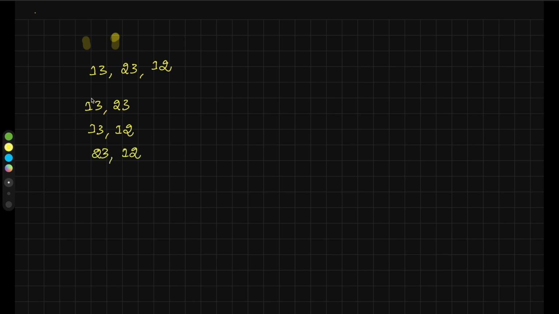So now that we have these pairs, we have to compute the digit difference. When we take this particular pair, we will compare this digit with this digit. Since these two are not matching, we will increase the count by 1. Then we will compare these two digits. Since these are matching, we don't increment the count. And here in this pair, we will compare this digit with this particular digit. Since both are matching, we don't increment the count. And if you compare these two digits, here 3 is present and here 2 is present, so we have to increment